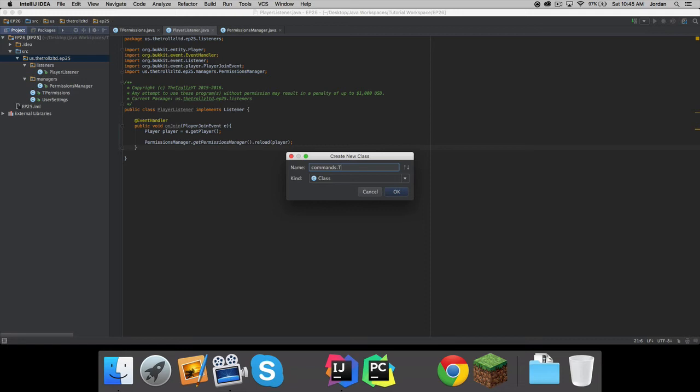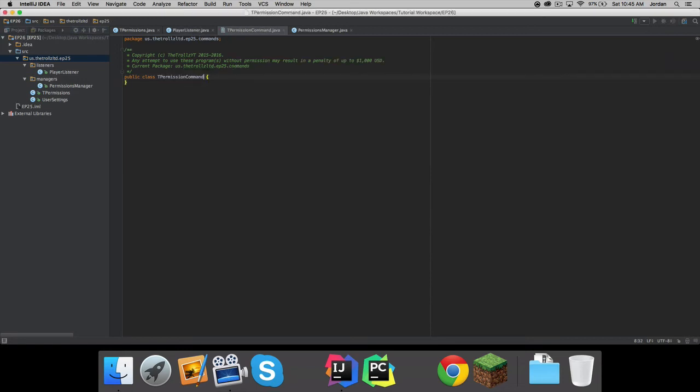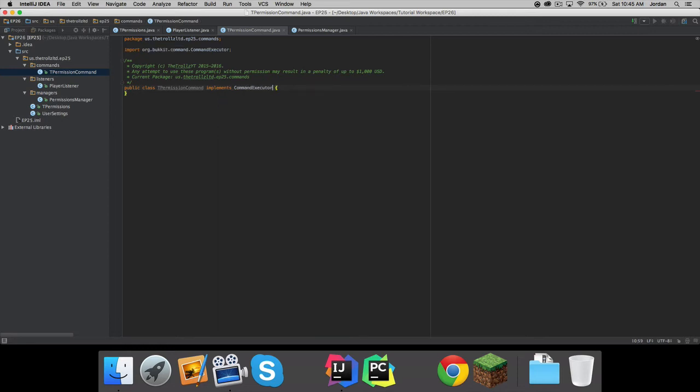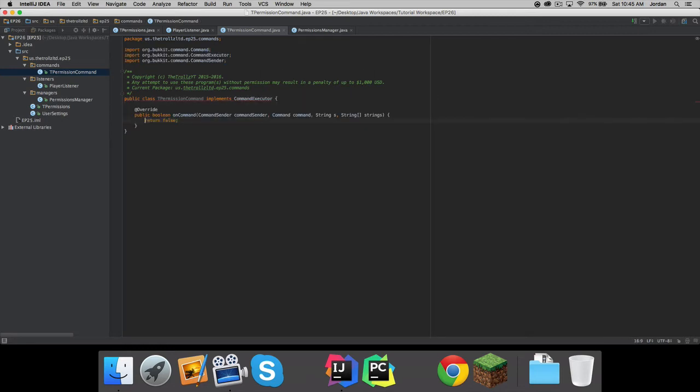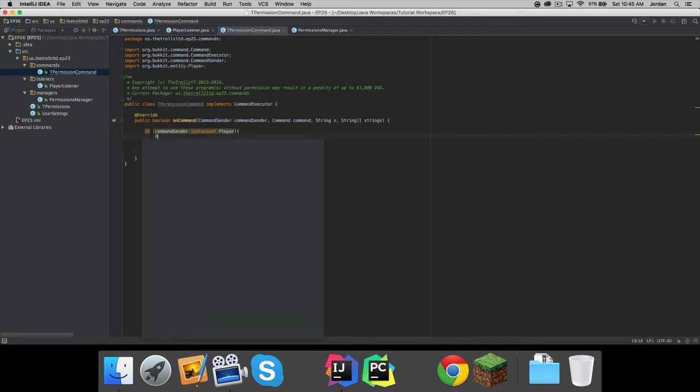Commands dot TPermission command implements command executor. Okay, so we're gonna be a little bit lazy for now in here. I'm not gonna take another 15-20 minutes just to do all the command stuff, because command stuff takes a very long time. What we're gonna do is just say if they're a player, then we're just gonna